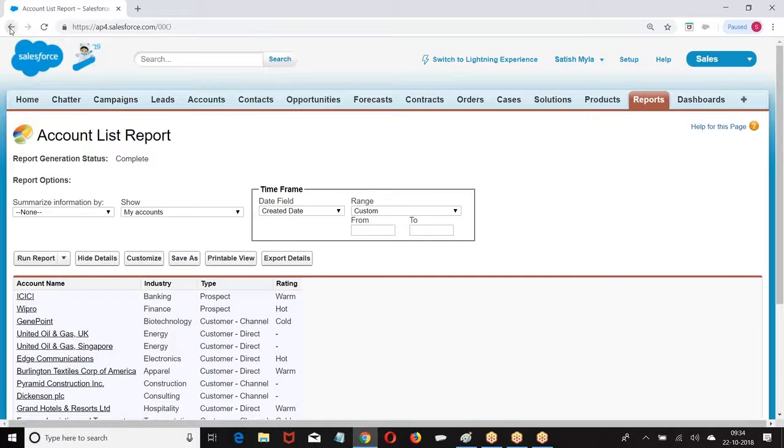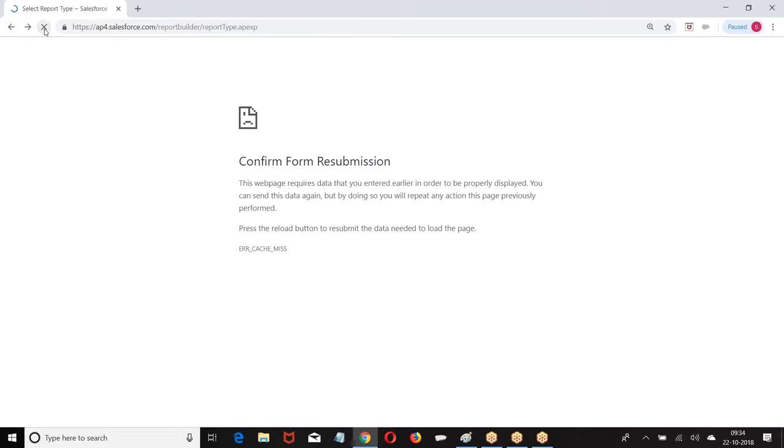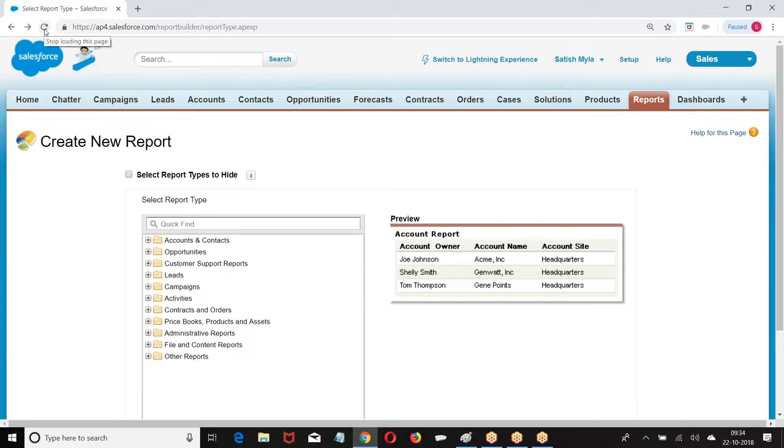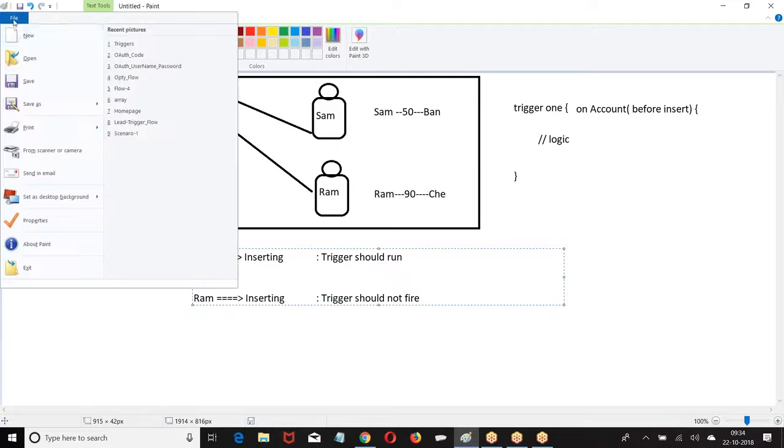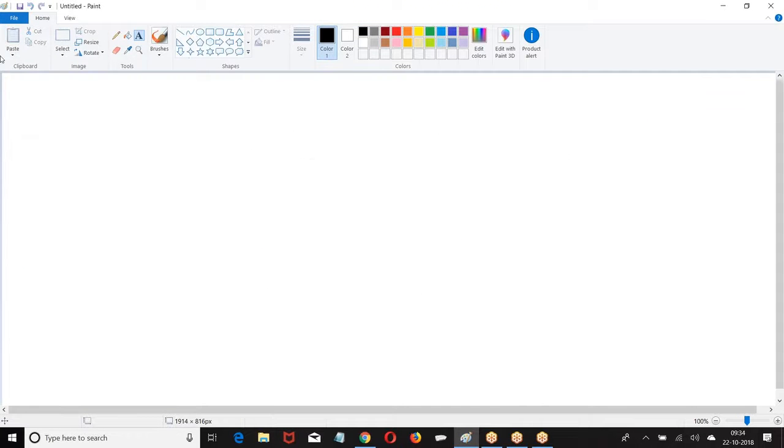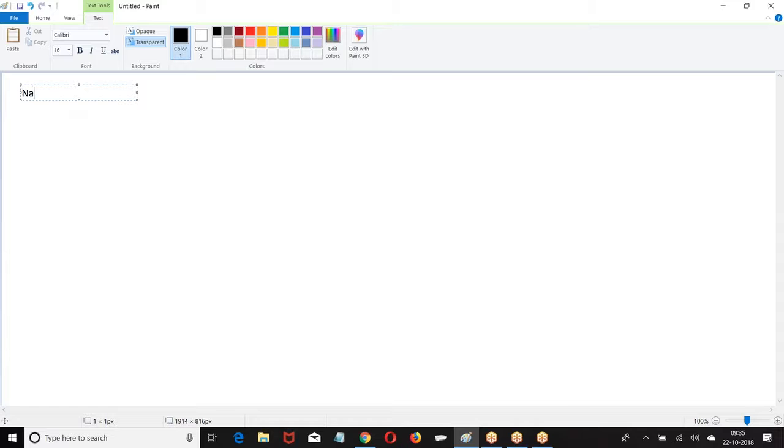But before doing that, they are asking which format of report is this? Is it a tabular format or matrix format or summary or roll-ups? Or joint report. To understand the formats, let us take a quick example here. Name.